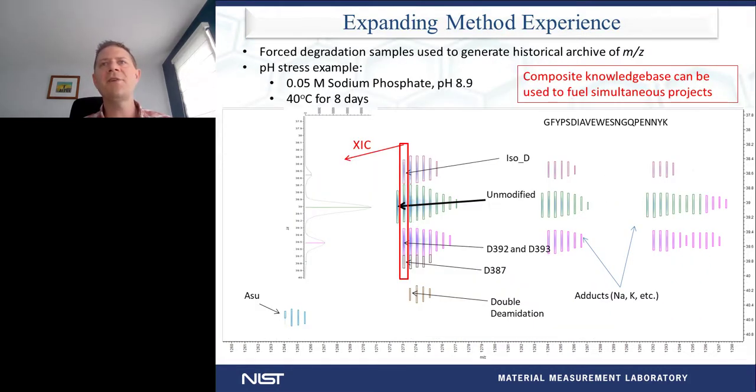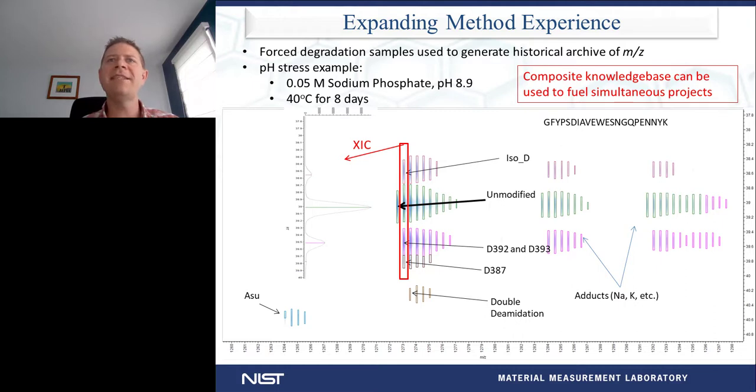So zooming a little bit closer in on one of those individual peaks, this is actually a peptide that we call the penny peptide. As you can see in the upper right-hand corner of this spectrum, the end residue spelled PENNY K, hence the name. But this is an important peptide because you'll see the Ns here are the asparagine residues, and each of these asparagine residues can deamidate. So this is that post-translational modification that I mentioned earlier that has the NH2 group going to an OH group. So what we see moving into this figure, the unmodified arrow points to the parent peptide. But when you have that NH2 to OH, you actually gain 1 Dalton in mass.